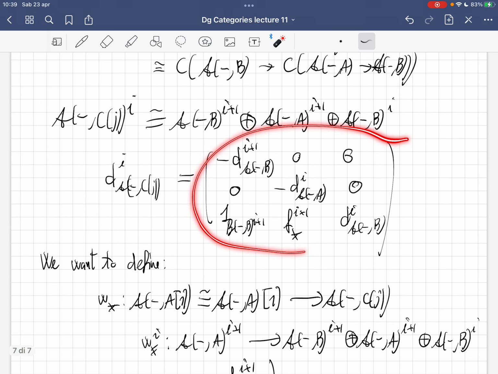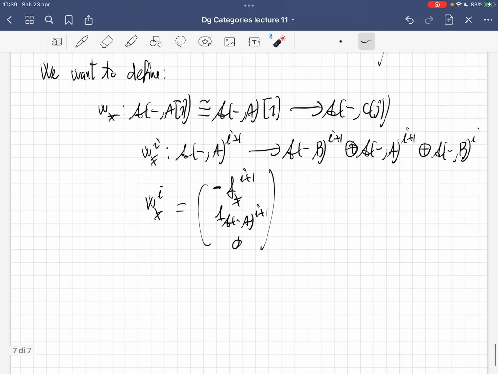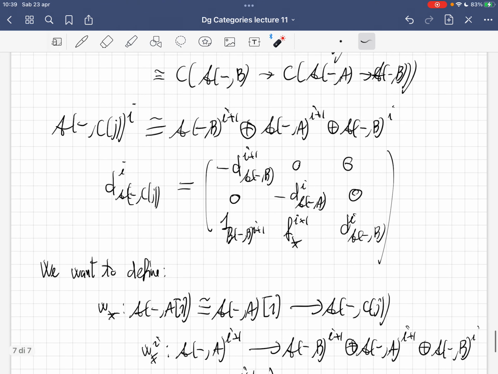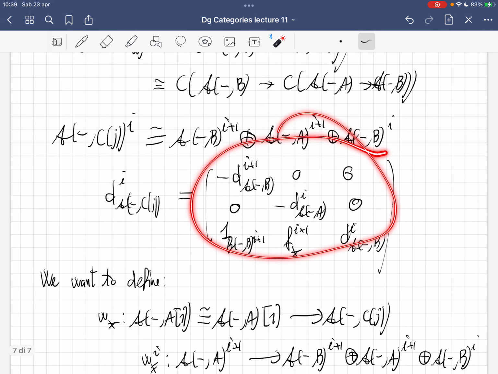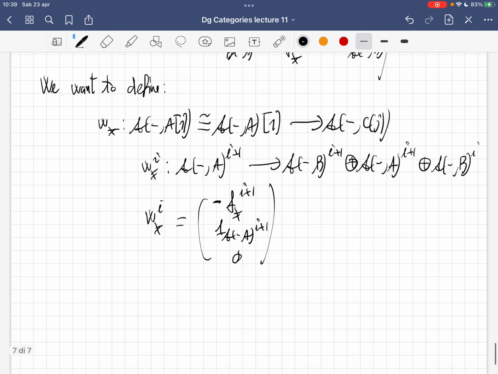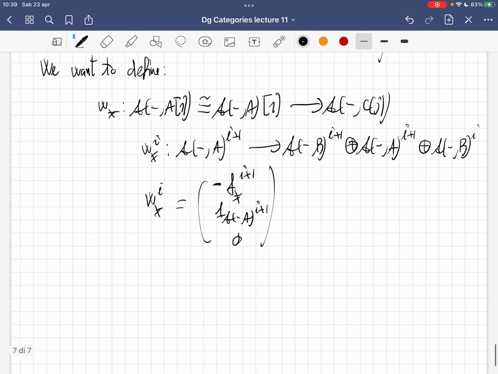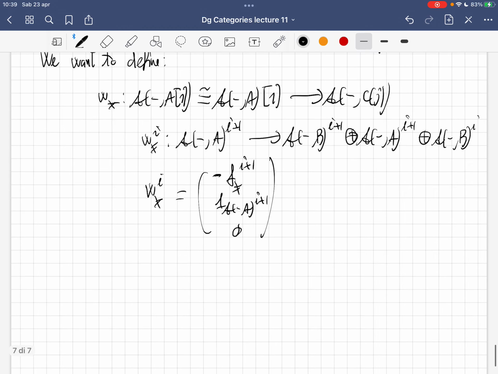And now, of course, you have to test it with this, it's a morphism of the G modules. You have to know how to compute its differential. You have to use this differential, this matrix. It's going to be quite boring, but it's going to work out. And then what you do, you have this W. We want it to be some isomorphism in H0. Then we look for a homotopy inverse,